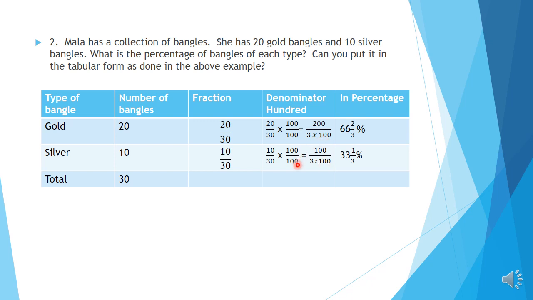So what is left here? 100 by 3. So this can be written as 100 by 3 upon 100. So the numerator will be 100 by 3. So the percentage is 100 by 3. 100 by 3 means when you divide you will be getting 33 in the quotient side and 1 will be the remainder. Divisor will be 3. So the fraction is 33 and 1 by 3 percentage. Okay children, this we can write like this only. We are not changing into a decimal number. We are writing like a fraction only. Okay, I think you might have understood.